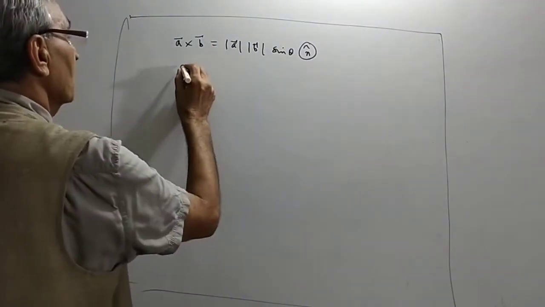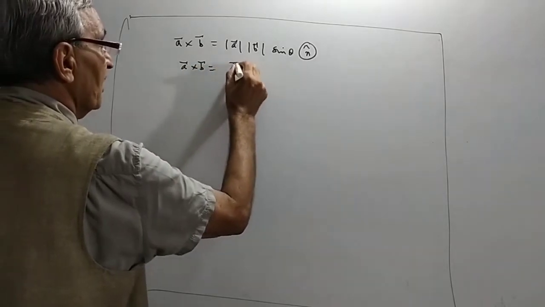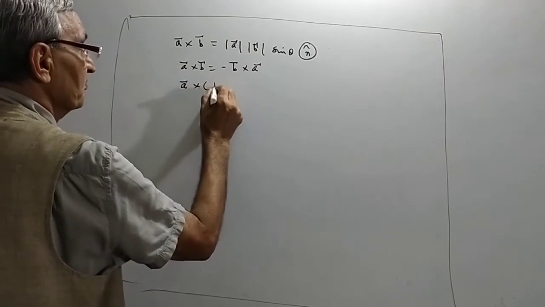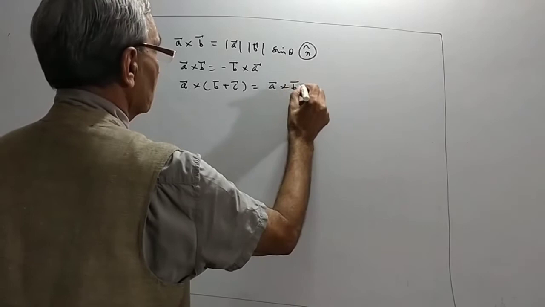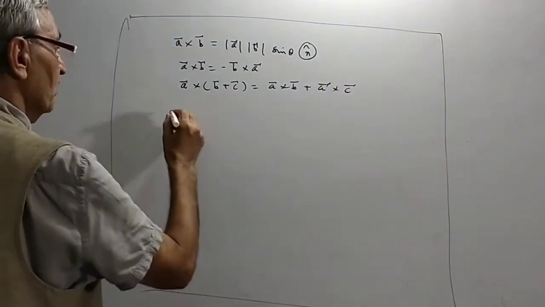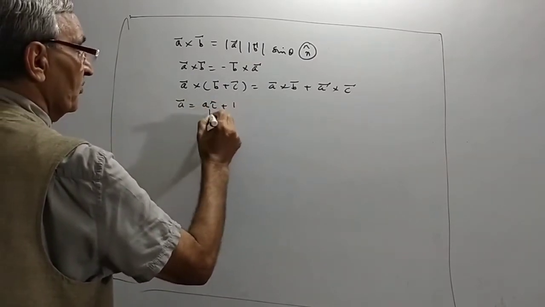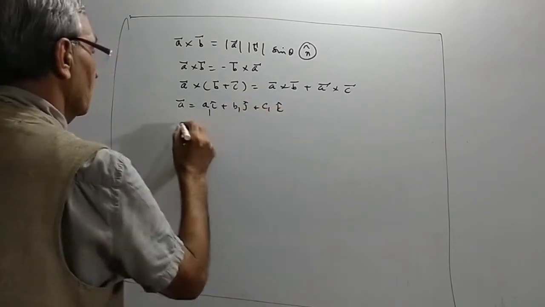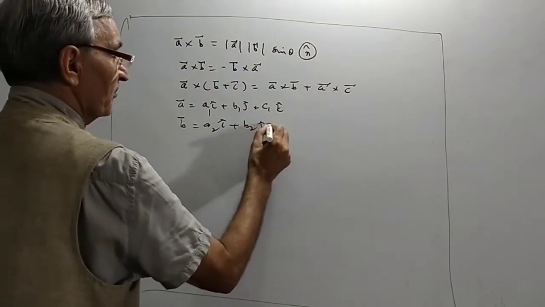हमने ये भी बताया था कि यदि हमारे पास वेक्टर A cross B है और B cross A है तो वो माइनस साइन है। हमने ये बताया था कि A cross (B plus C) डिस्ट्रीब्यूटिव होता है, A cross B plus A cross C। और हमने बताया कि कोई वेक्टर A है, A is equal to a1 i plus b1 j plus c1 k है, एंड B इज अ वेक्टर a2 i plus b2 j plus c2 k है।